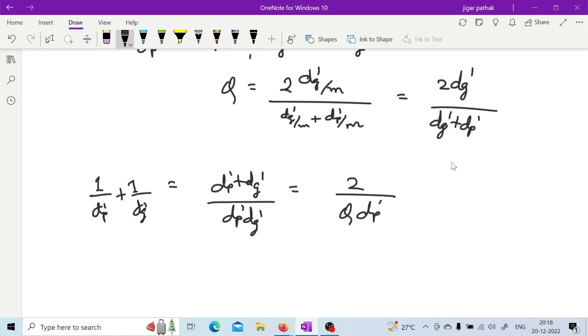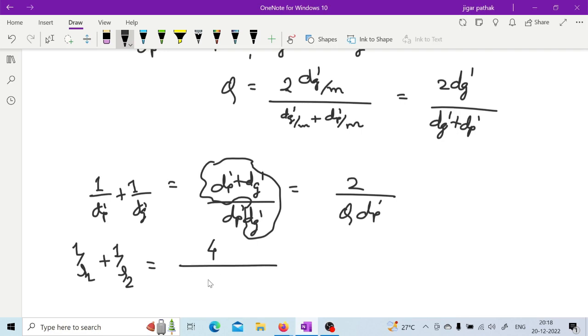That is dg dash upon dg dash plus dp dash. So here q by 2 is actually dg dash by dp dash plus dg dash, right? That is from the above equation only, q by 2. So simply 1 upon dg dash plus 1 upon dp dash is 2 by q dp dash. Now if you put these values in that 1 upon r1 plus 1 upon r2, then you can come up with this relation, 4 by q dp dash sine alpha,